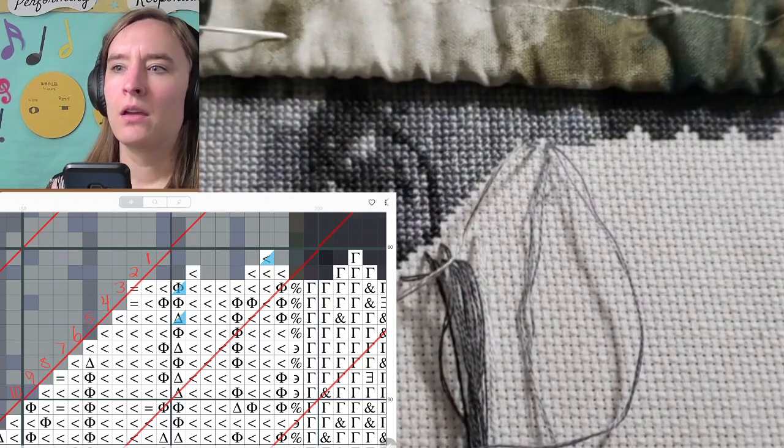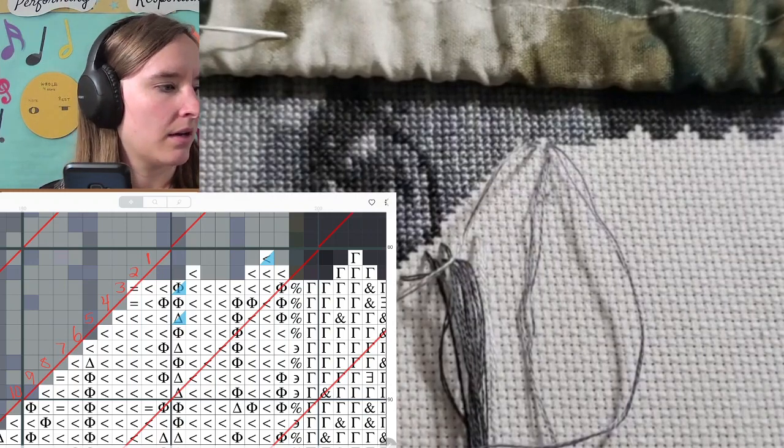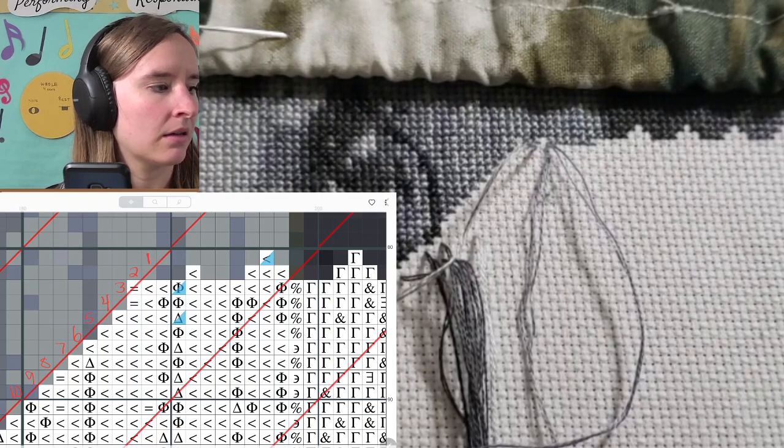So then I go to my pattern keeper, I mark off those stitches that I have completed, and then I park in where I put my thread, because I need to keep track of where I park things. Otherwise,